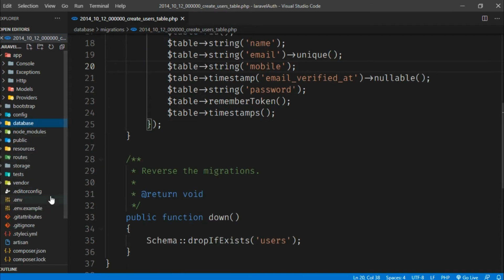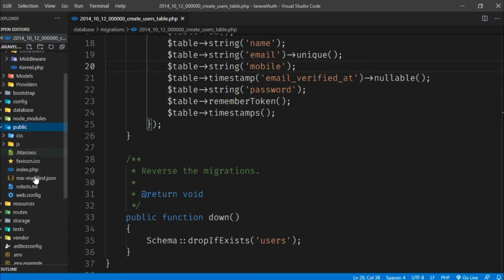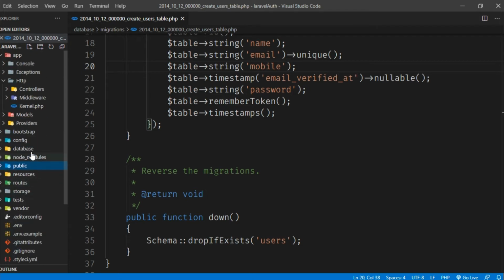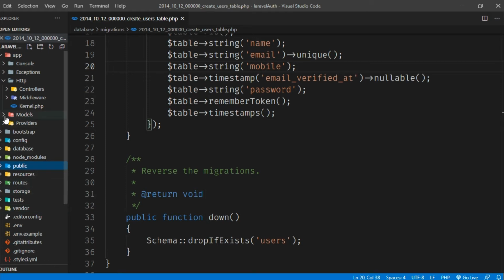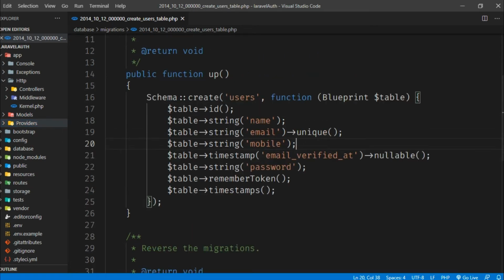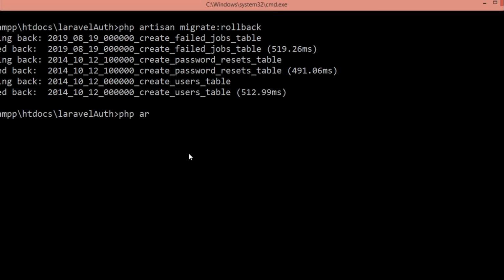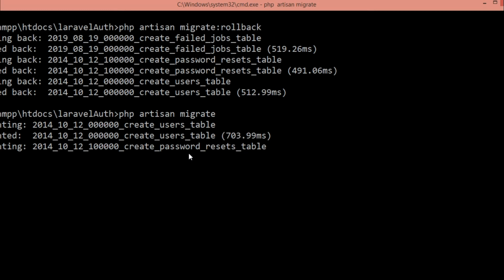Now let me run php artisan migrate. We're migrating that table.